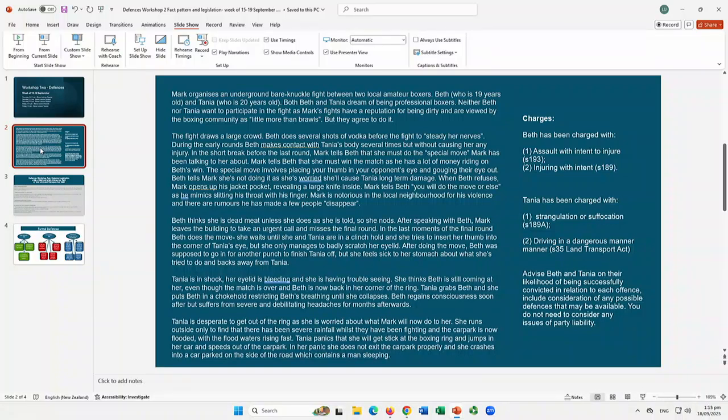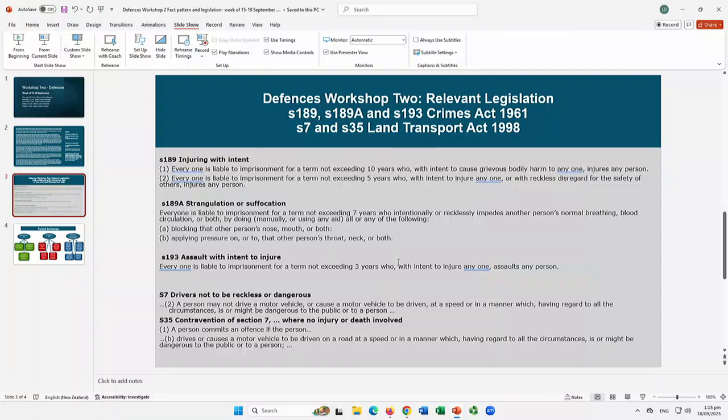So you're going to have to consider whether or not Beth can be found guilty of assault with intent to injure under section 193 and injuring with intent. So when looking at those two sections,